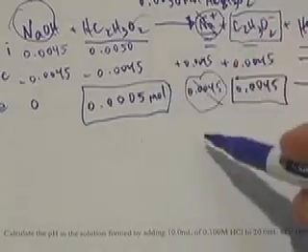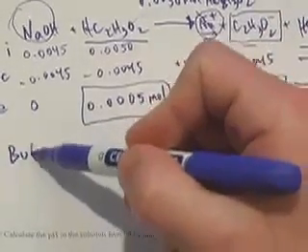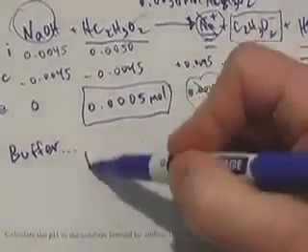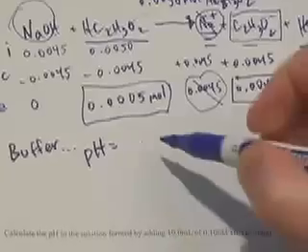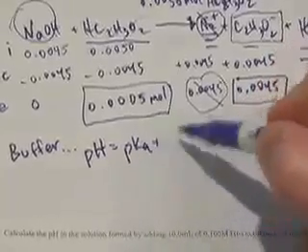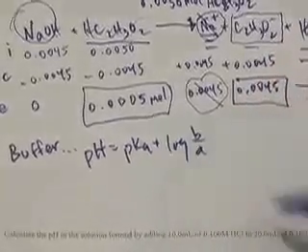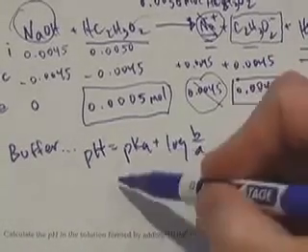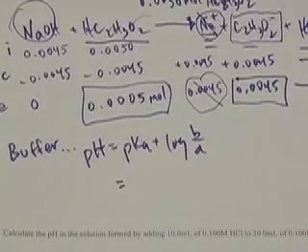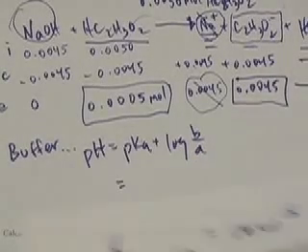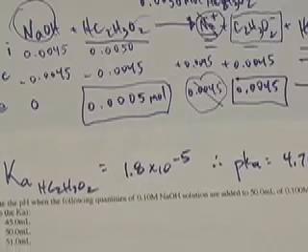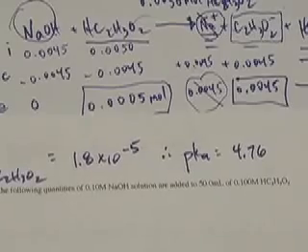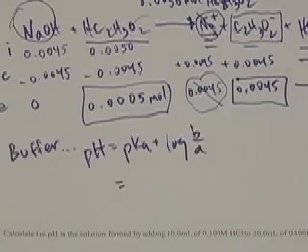This solution is called a, you got it, buffer. And how do you find the pH of a buffer solution? Well, the easiest way is to use the Henderson-Hasselbalch equation, where pH is equal to pKa plus the log of base over acid. So you can find it directly using the Henderson-Hasselbalch equation. Now, if you look up the Ka in the back of the book for acetic acid, the Ka is equal to 1.8 times 10 to the negative fifth, and if you take the negative log of that, the pKa is equal to 4.76. And so you can plug in